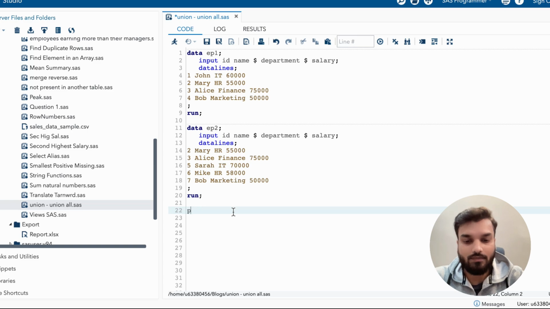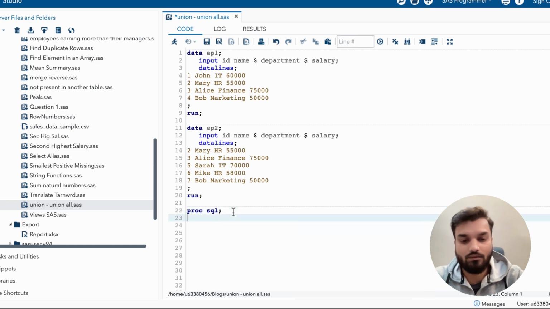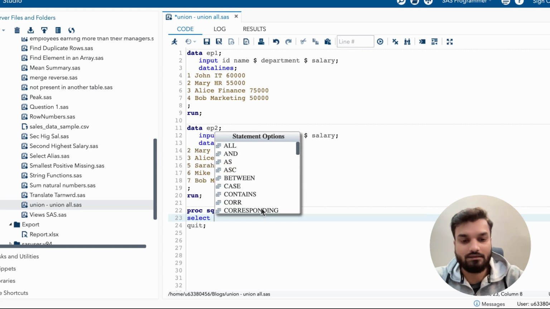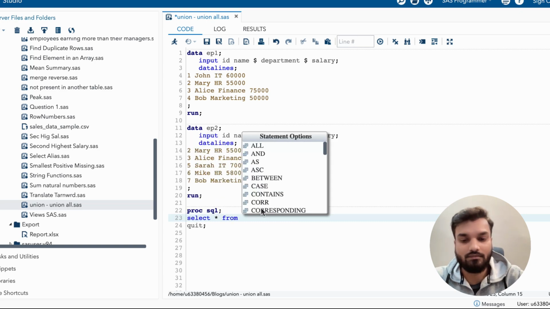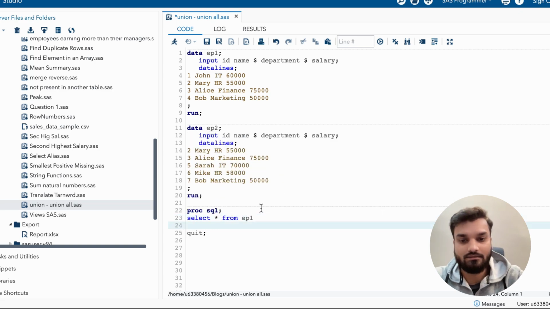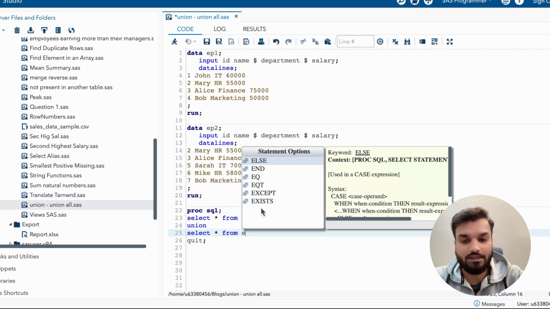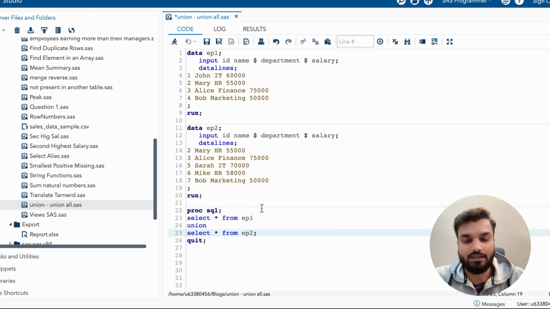Proc SQL quit. Select star from EP1 union select star from EP2 semicolon.